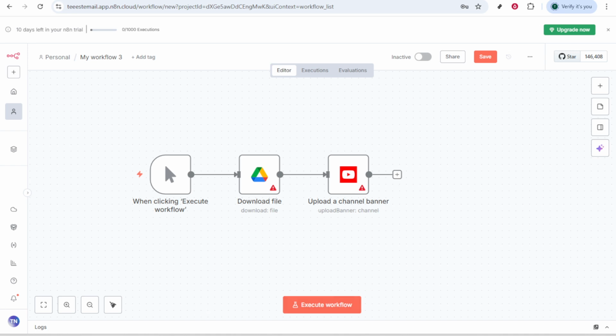And there you have it. With this workflow in place, you now have a fully automated system for transferring your